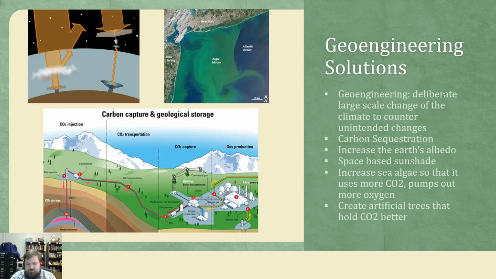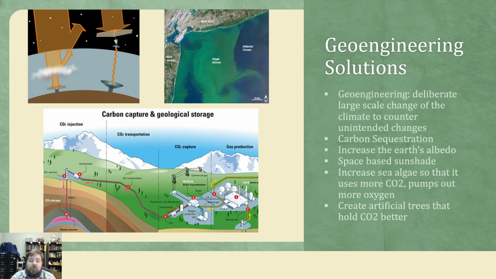Some other ideas are the idea of increasing the Earth's albedo. If you'll remember from your hard sciences classes, albedo is the reflectivity of light. So the Earth has a certain albedo. What we could do is attempt to increase how much light goes back out into space, right? Make the Earth more reflective. We could do this by painting roads and roofs white. We could do this by injecting particularly sulfur into the atmosphere, although that one's a little bit more on the dangerous side.